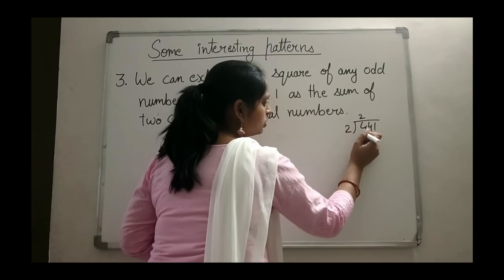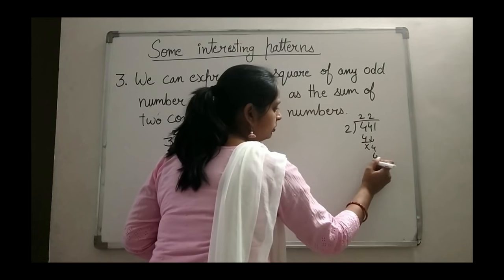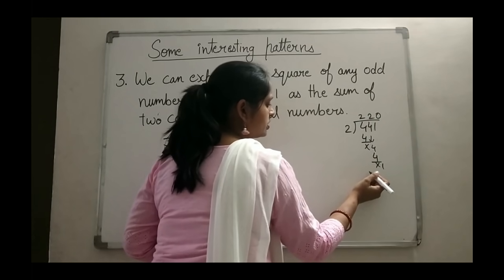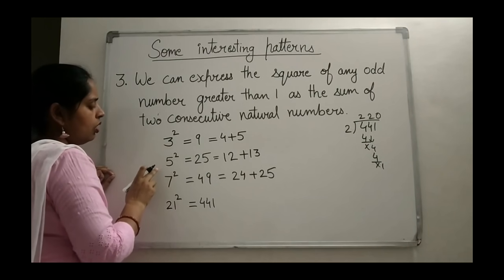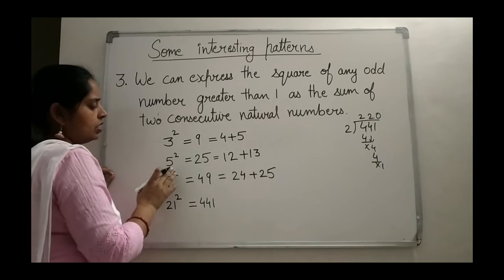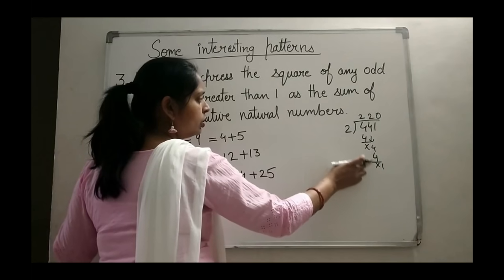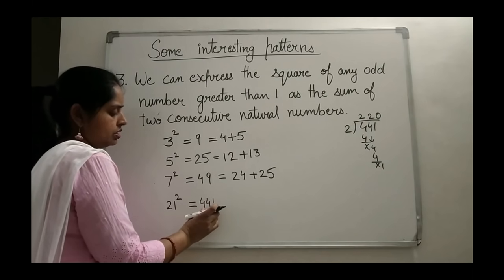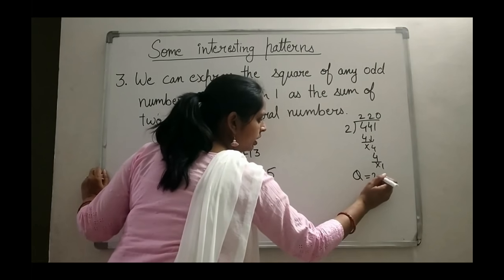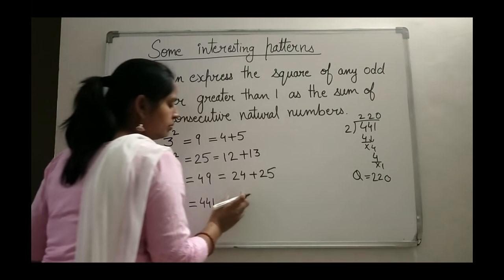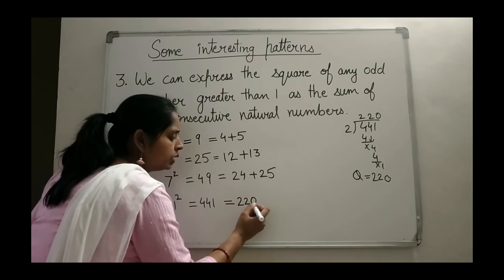What will you get? 2 2s are 4. Again 4, 2 2s are 4. And then 1, and you got 0 here. And you know, what numbers are we taking? We are taking odd numbers. And an odd number's square is always odd. And when an odd number is divided by 2, the remainder is always 1. Right? So, whatever square number we are having, we just have to divide it. And whatever quotient we are getting, what quotient are we getting here? 220. So, the first number will be the quotient. So, the first number is 220. And after 220, what will come?